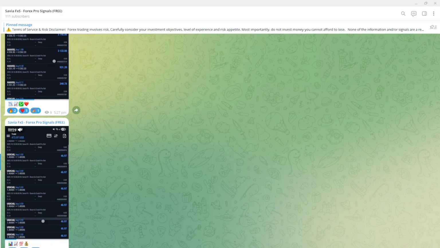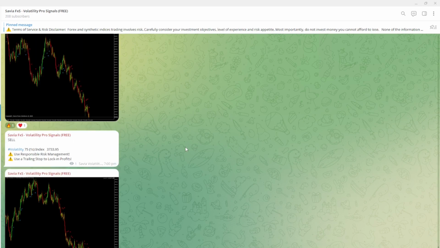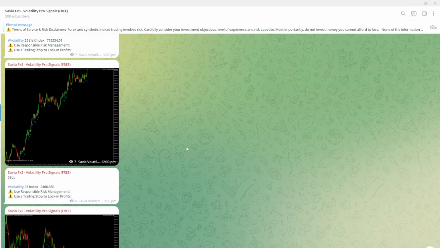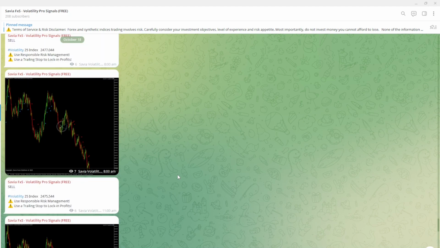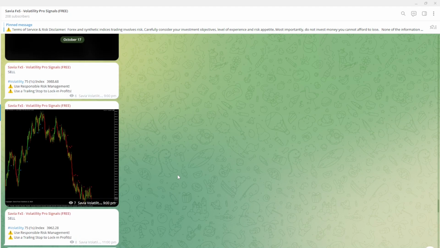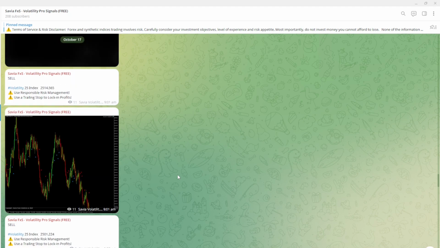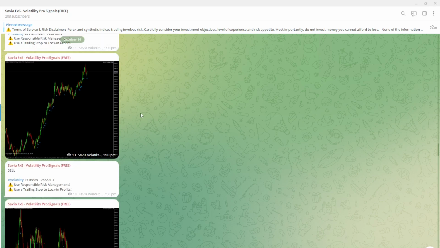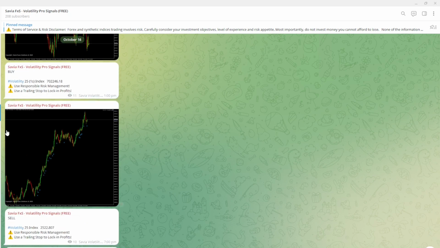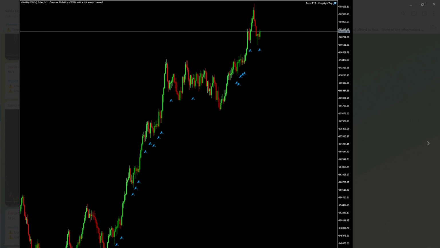And then the last signal group that we have here is the Volatility Pro signals. This focuses on the volatility indices. Very powerful stuff here as well, similar in terms of the success rate of these signals, and they're also 100% automated. They're all in real time, and they've got a very high probability success rate. Just scrolling back a little bit, we can see the different signals that were given across some of the volatility indices that we have set this on, and some very powerful results here. Simple example, volatility 25 1s,